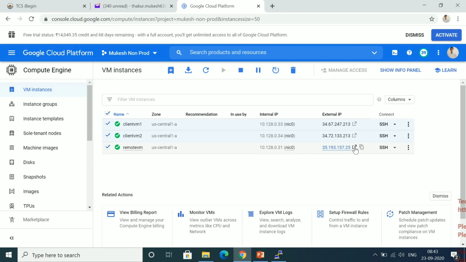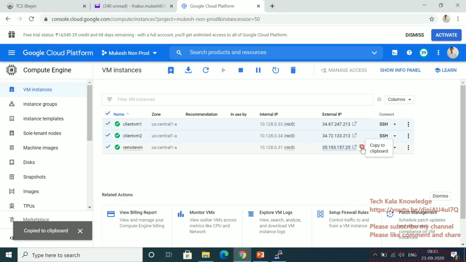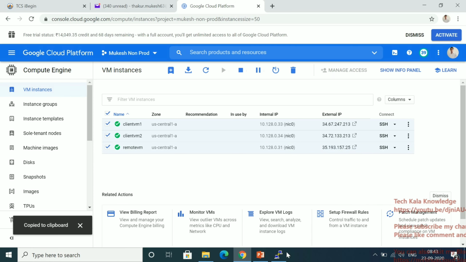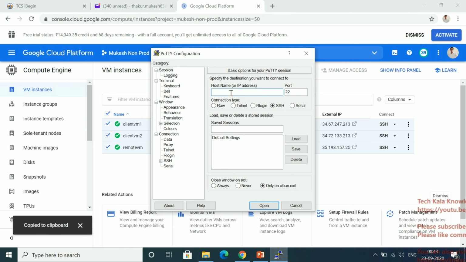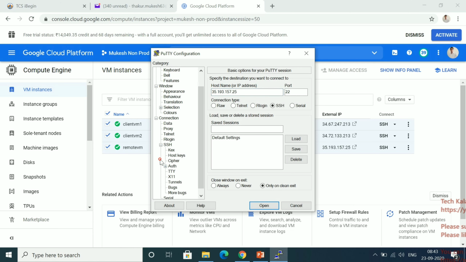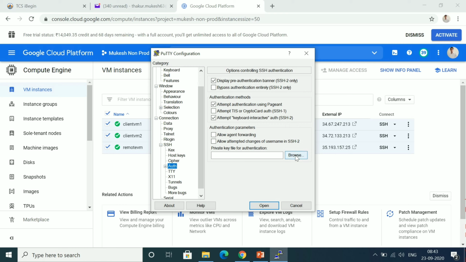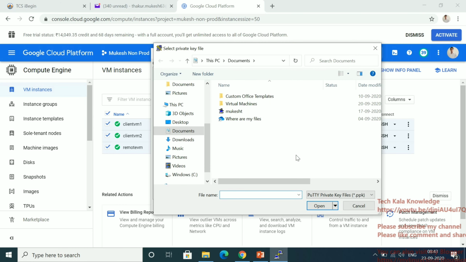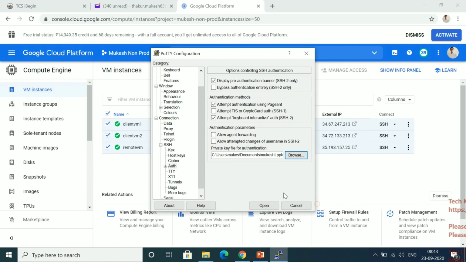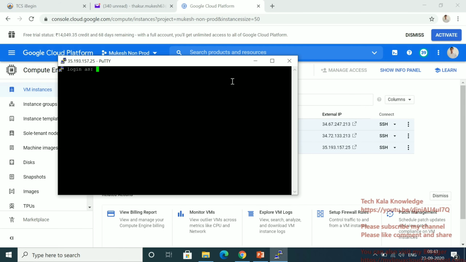Let me log into them one by one. Let me copy the IP. In Putty, I'm logging in with the key. How to create the key, I already uploaded in my previous video. So let me select this key, open it, and give the user ID here.